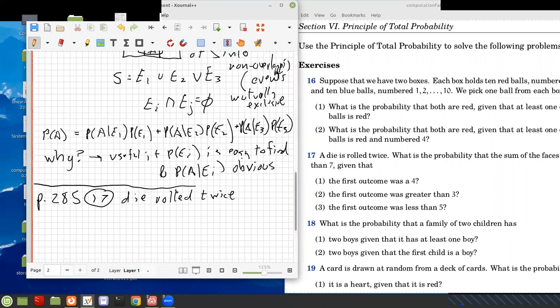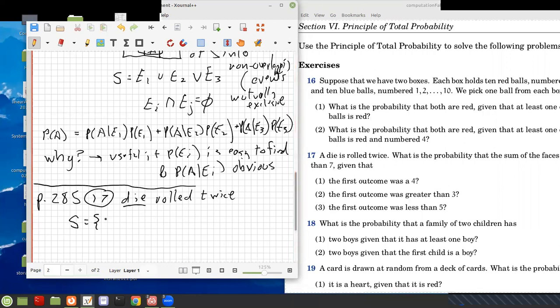If a die is rolled twice, then we know the sample space is easy to see. It is H H, H T, T H, T T. Oh no, it's not a dice. It's not a coin. I was going to write down a coin. This is a dice. And since we don't specify the number of sides,